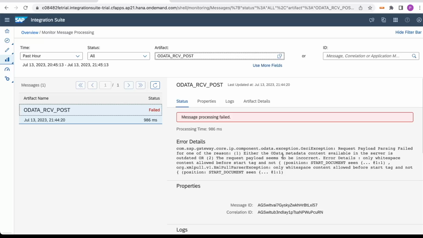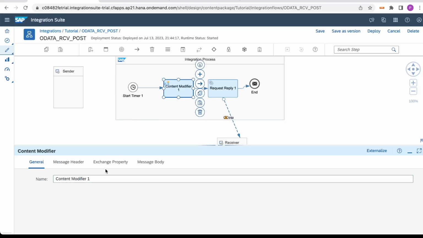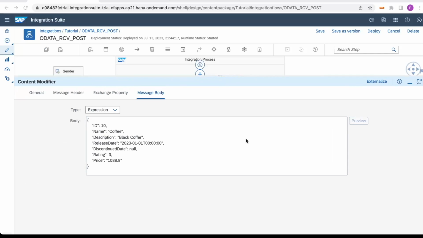You can see it's saying that request payload seems to be incorrect, and it should start with the start tag, but it's not. So the incoming payload to the OData adapter should be in XML format. So if I just put the XML format here,